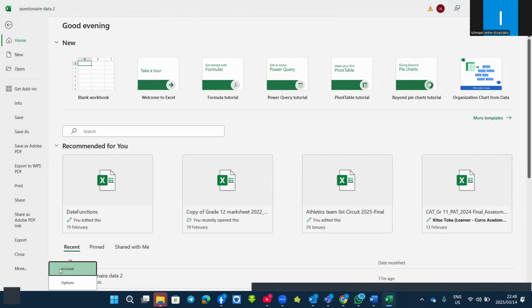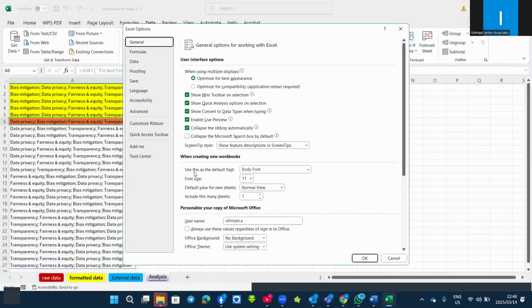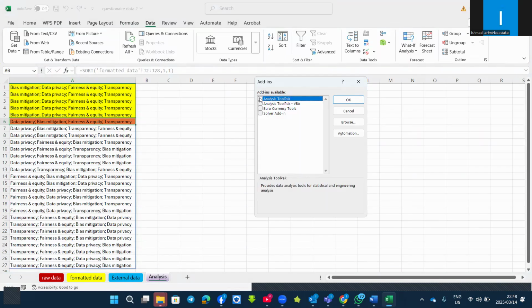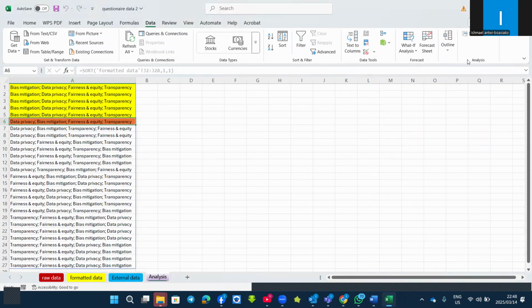Options, Add In, and then you click on Go, then you can now tick Analysis toolpak. Very important for your analysis. You will need that one. You also need other analysis tools in spreadsheet. Right. So now when I click on the analysis,